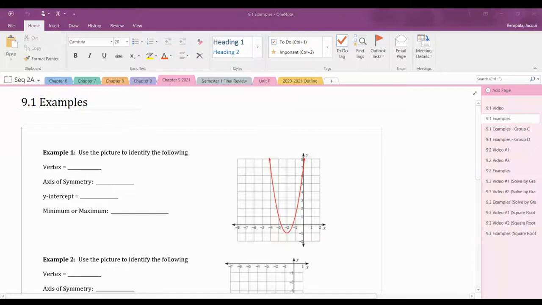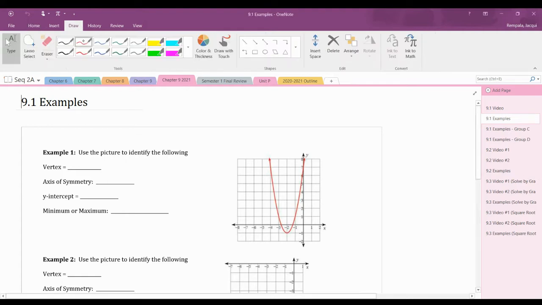Here are some examples from section 9.1 now that we know the vocabulary behind a quadratic. So in this first example, we're going to use the picture on the right here to identify the vertex, the axis of symmetry, the y-intercept, and if we have a maximum or minimum and where that maximum or minimum is at. Okay, so notice that the vertex, remember, is always going to be either the highest or the lowest point